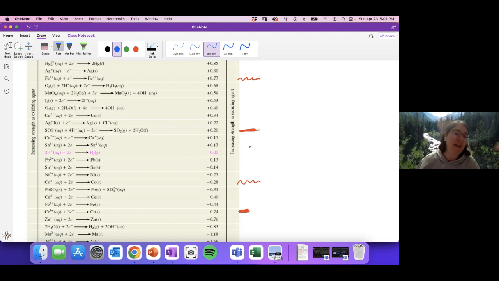with it, may I encourage you to have a system that helps you identify which values you're using. So for example, the squiggly lines go to iron 3+ and iron 2+ and cobalt, which is a different problem I prepped. The straight lines go to sulfate and the sulfur dioxide, and they go to the chromium reaction. So granted, there are different ways to do it, but that's my personal strategy for being able to figure out